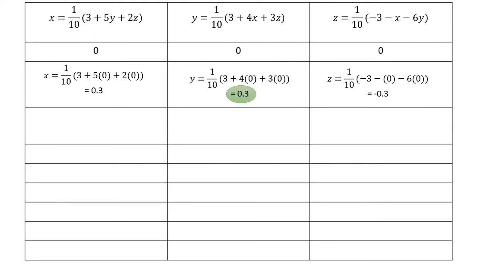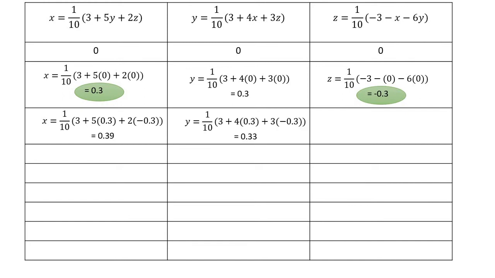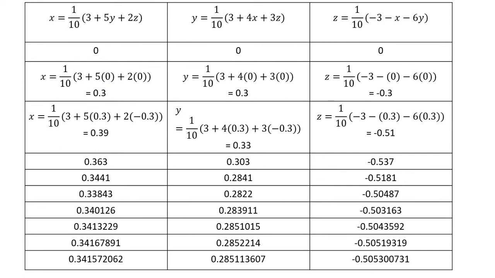Similarly, take y as 0.3, z as minus 0.3 to get x as 0.39, and take x as 0.3 and z as minus 0.3 to get y as 0.33, and take x as 0.3, y as 0.3 to get z as minus 0.51. So continue this in a similar way